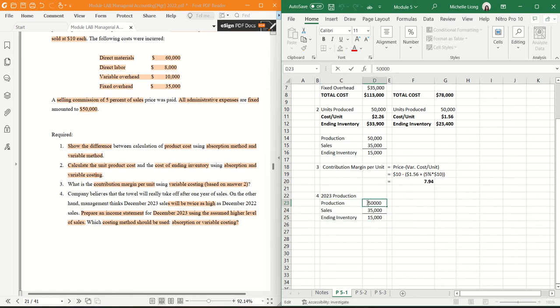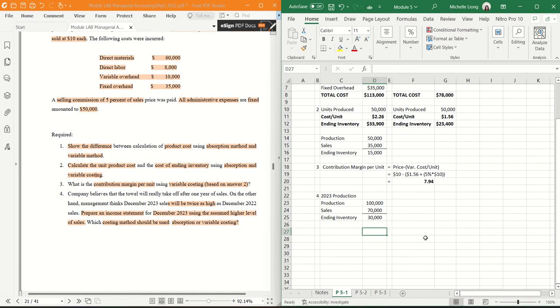So basically, this is 2 times. And the sales is also 2 times, right? So the ending inventory is 30,000 basically, because that is the formula. Then continue, they call us to find the income statement with assumption that is higher, with absorption and also variable